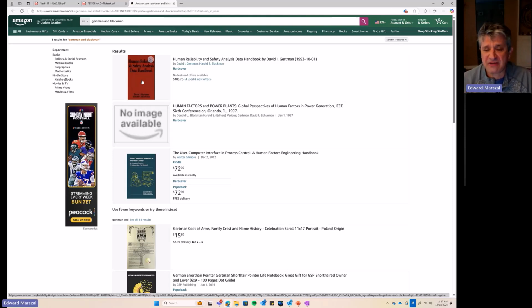For instance, there's even a table in the book that says, if you send an operator to the field to open a valve in a manifold, what's the probability that they'll pick the wrong valve? And there are numbers for if the valves all look the same, if they're all the same size, if they're different sizes, if they're tagged differently, if they have different color tags. They will give you probabilities for every one of those combinations and permutations. So I highly, highly recommend this book. 90% of what I know about human reliability, I learned out of this book.